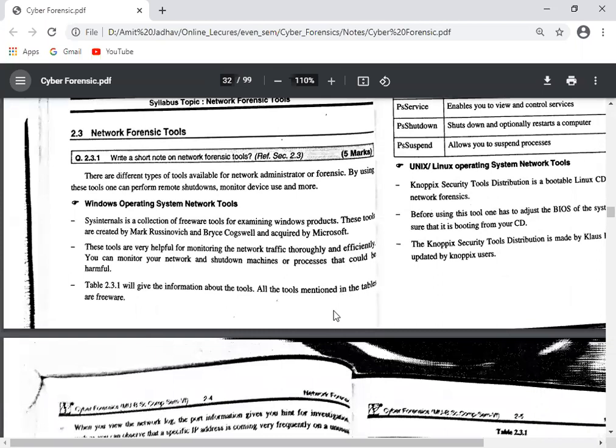These tools are very helpful for monitoring network traffic truly and efficiently. You can monitor your network and shut down the machines or processes that could be harmful. So using this tool we can monitor which computers send which packets through the network, which computers get different packets, and which computers regularly visit harmful websites.